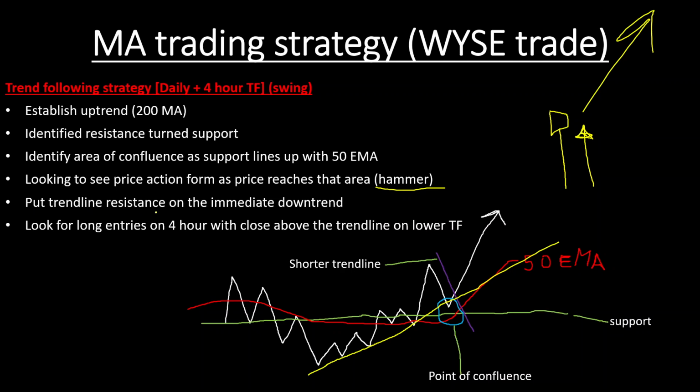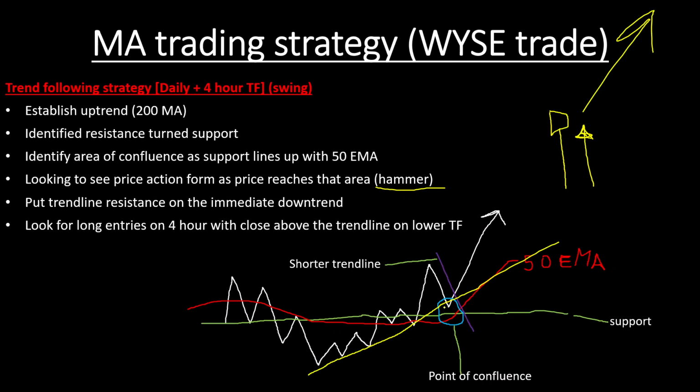So put a trend line resistance on the immediate downtrend. That's this purple line here. So as we see, let's go over it. Previous resistance turns support as price reaches that area of confluence with a trend line at 50 EMA. We see then price react at that level. And as soon as we see a reaction at that level, we want to draw a tight trend line right